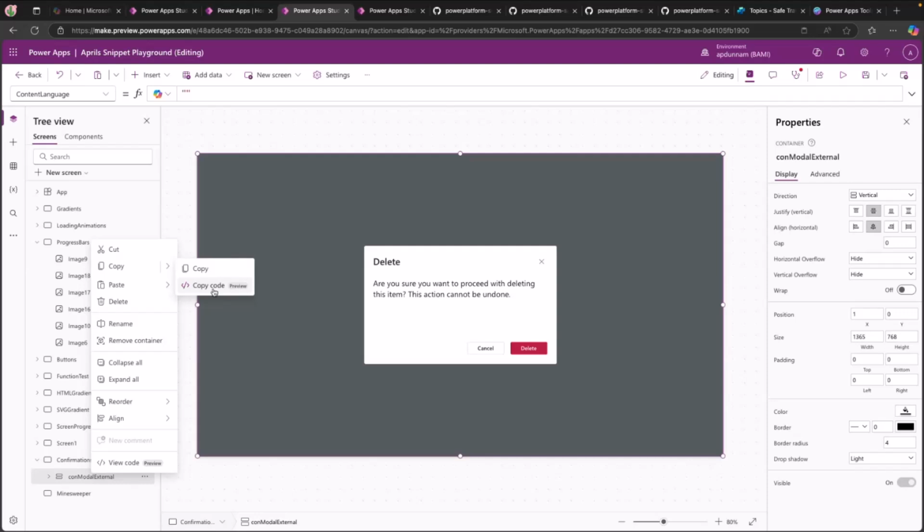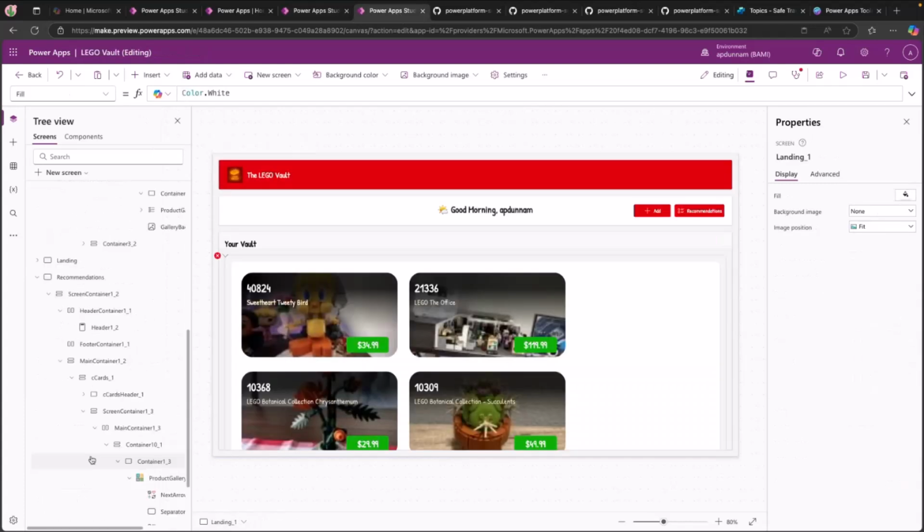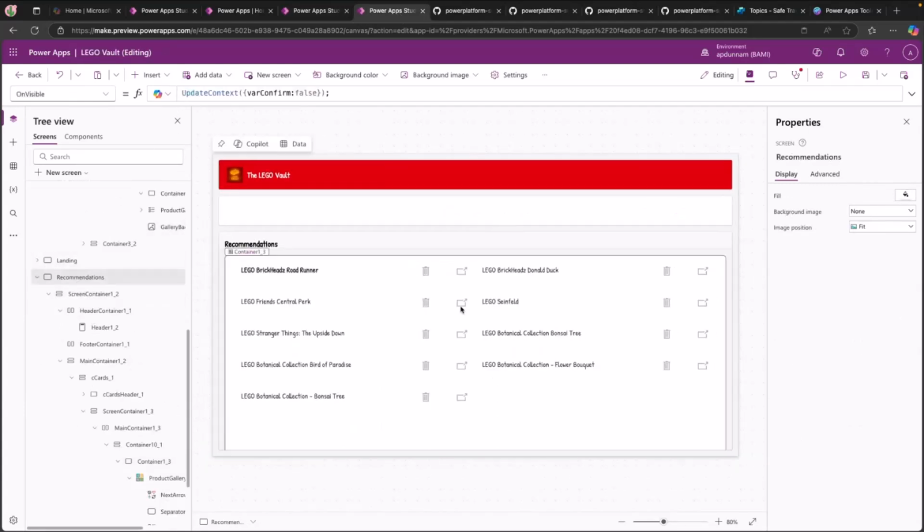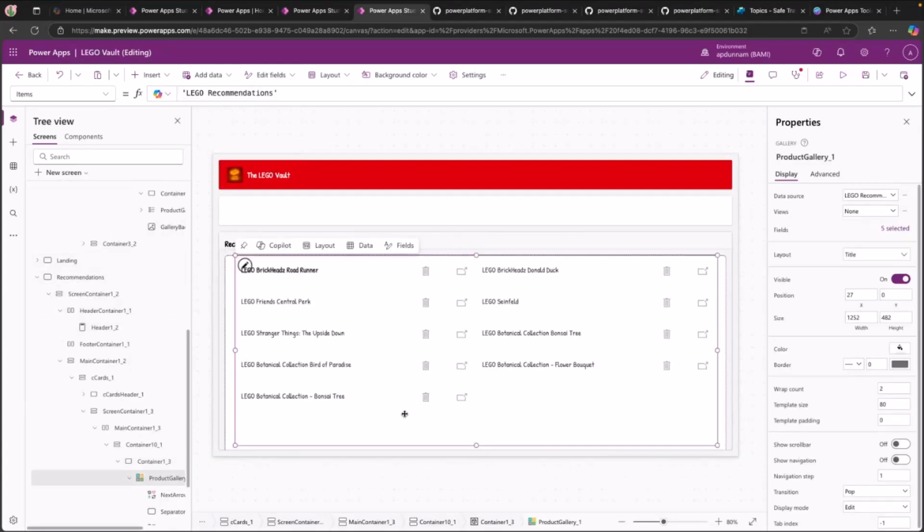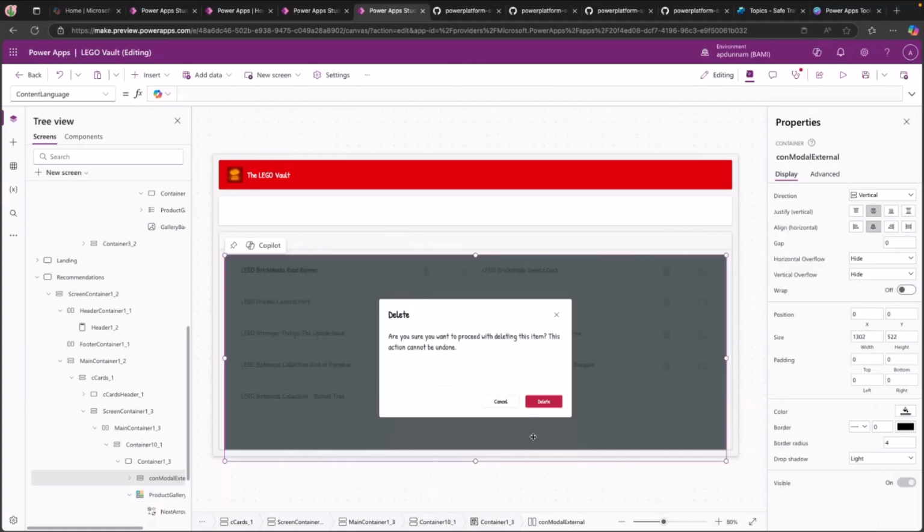If I want to share out one of these in my one app, or if I want to share this in the repo, whatever I want to do, I can just copy the code and maybe add that into my recommendation screen, for example. So I can add that right in here if I wanted this delete confirmation and paste that in from another app as well. So it's not just the sample repo. You can have your own internal resources with these snippets also. Lots we can do here, so many possibilities.